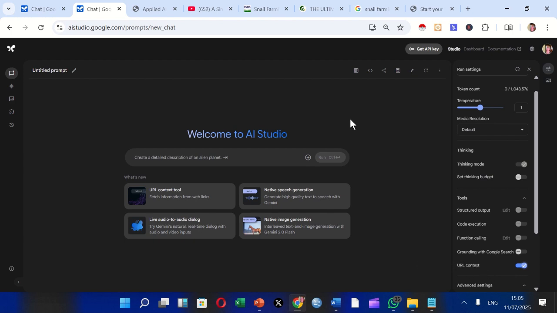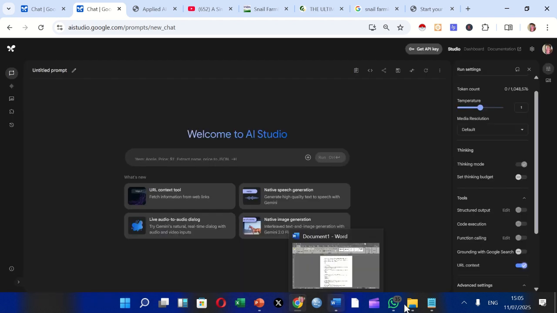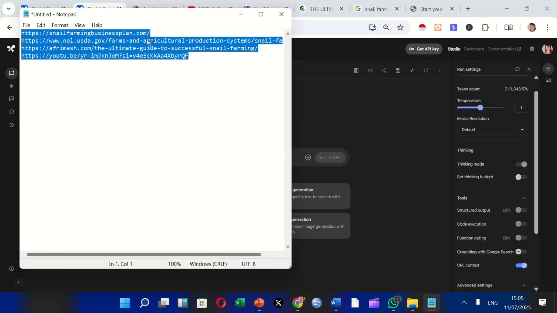The reason why this approach is very good is that you are in charge of the information you are giving to the AI, unlike other approaches where the AI determines, even with your prompts, which websites it is going to visit. With this approach, you can literally feed the AI your data, and then it will give you your desired output. So I've already come here and copied my URL.